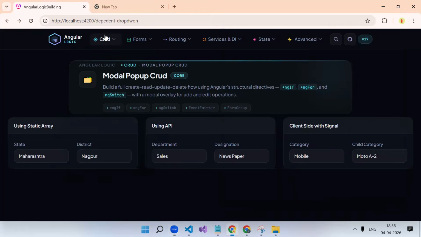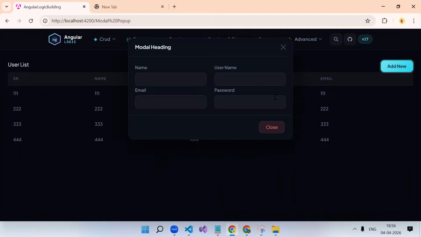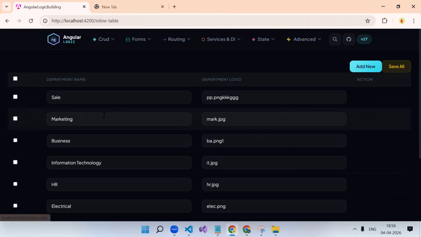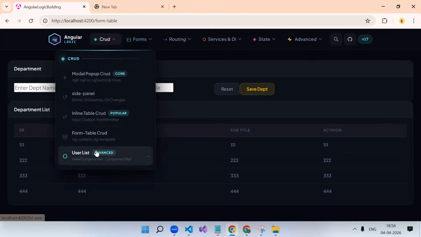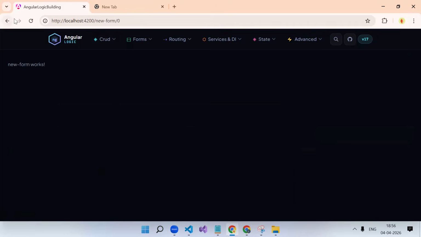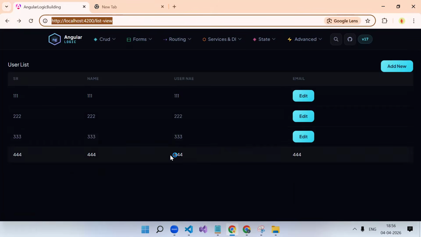In the first and second episodes, I have completed various CRUD operations. See, like this, add modal pop-up. See how various ways there are to do the CRUD operation, right? With the side panel and everything. Sometimes we do inline editing, select all, unselect all, right? Form and table, you will have the form, correct? Separate forms where you will have one component for the form list, and on click of add, you will navigate to another component with the query parameter also. So this is what the first two episodes were about, where I have completed the various ways to carry out the CRUD operation. Now,